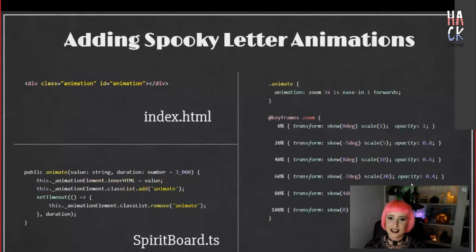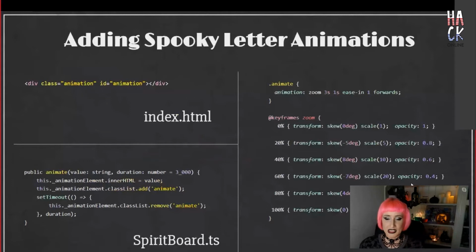And this is the CSS. All it does is increase the scale of the letter, decrease the opacity, and perform this nice transform skew, which does that sort of wiggly smoke movement into the screen. And I can only apologize for this CSS formatting. I've put it all on one line so that my CSS can fit in the slide, but I don't advocate writing your CSS all on one line like this.